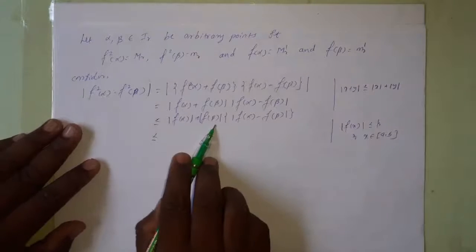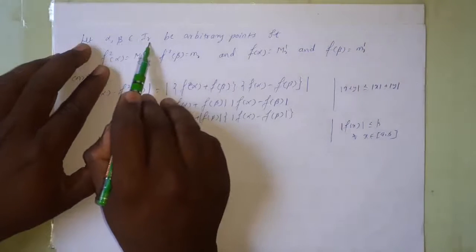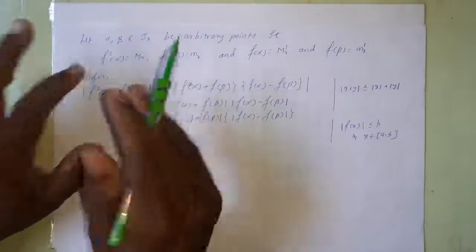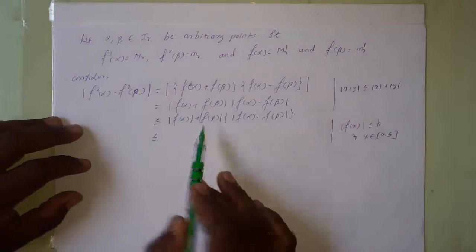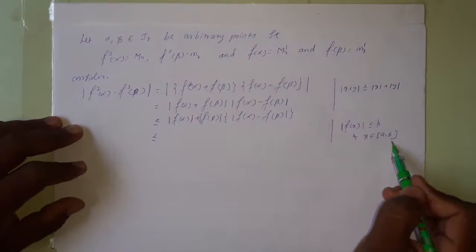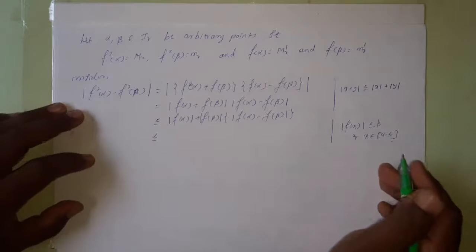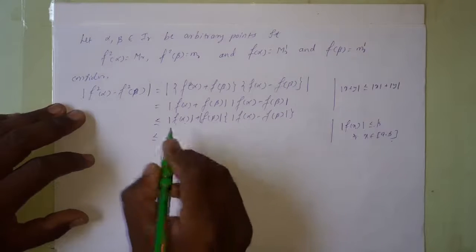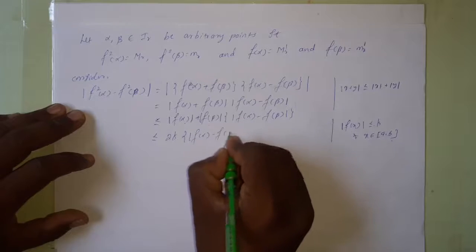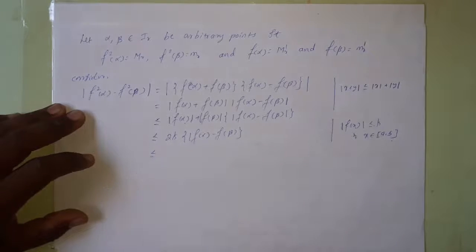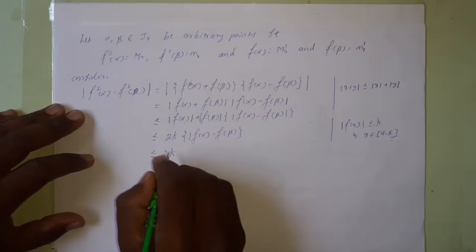So here alpha and beta are also the points of the closed interval AB only, because these two are the points in the Rth subinterval, and the Rth subinterval is a part of the closed interval AB. So therefore this alpha and beta are also the points of the closed interval AB. Hence mod f of alpha is less than or equal to k, mod f of beta is also less than or equal to k. So therefore k plus k becomes 2k into mod f of alpha minus f of beta, and this is less than or equal to, here this can be written as 2k